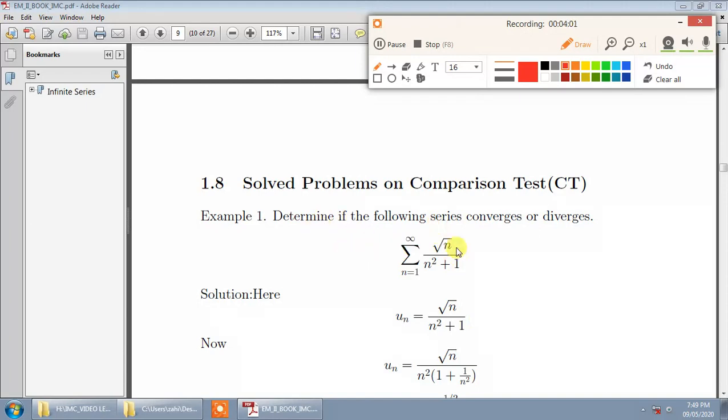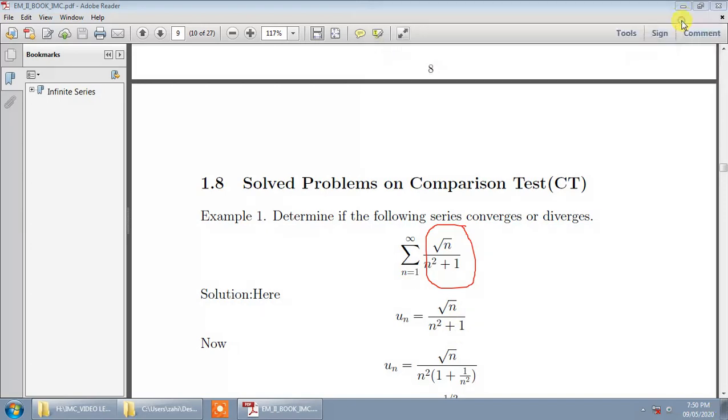So we have been given series to recognize whether they are convergent or divergent. For checking that, we should recognize the nth term, and obviously the nth term is given in ready-made form. The nth term under the summation is root n divided by n square plus 1. So this series has nth term equal to this.